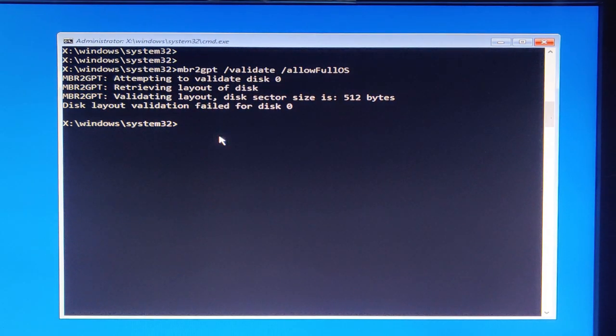Once you validate this, you have to type mbr2gpt /convert /allowFullOS. Once you type this and press enter, your partition style will be converted from MBR to GPT.